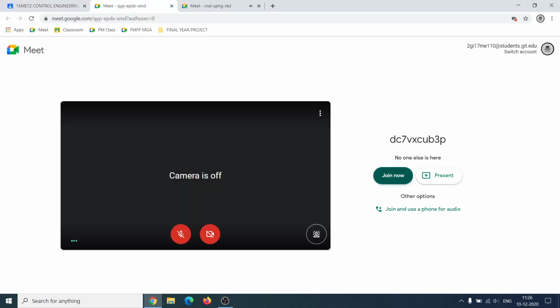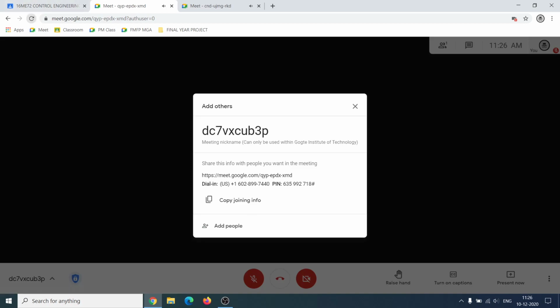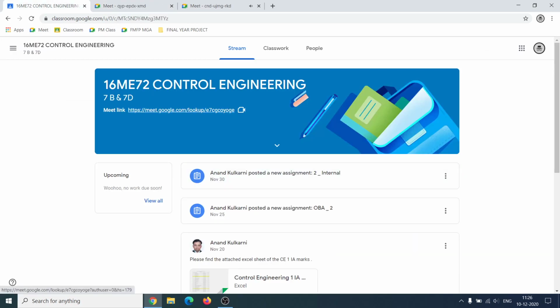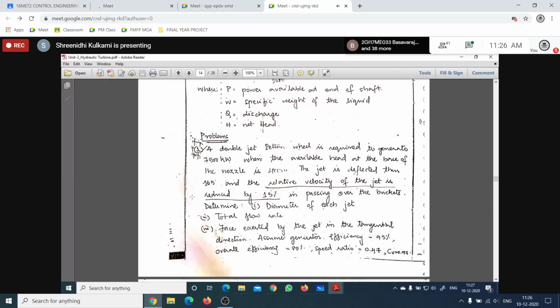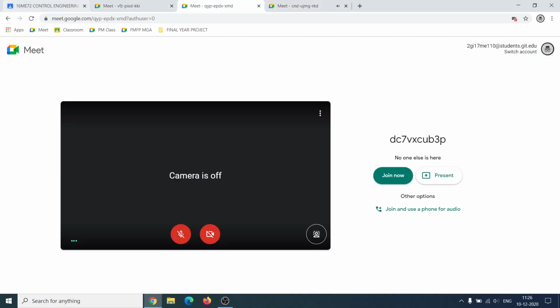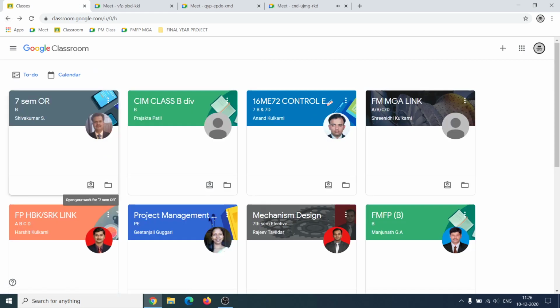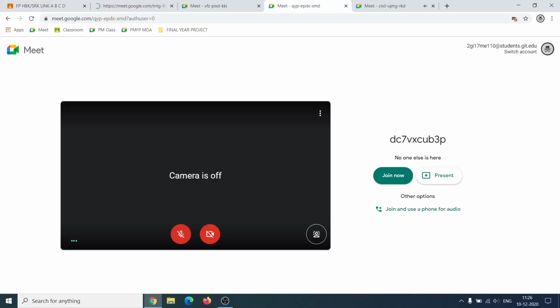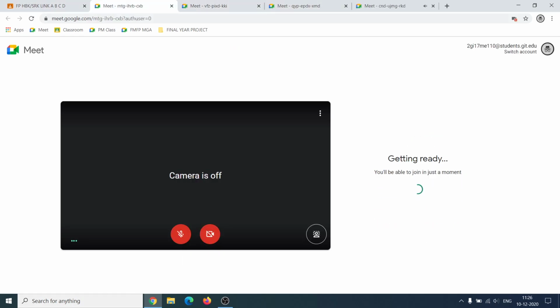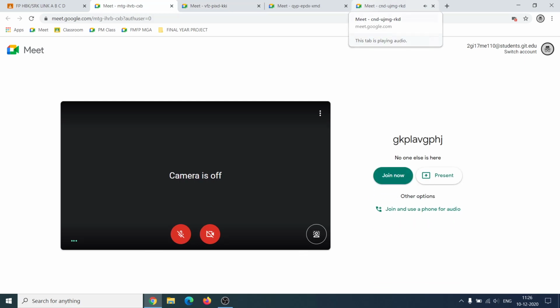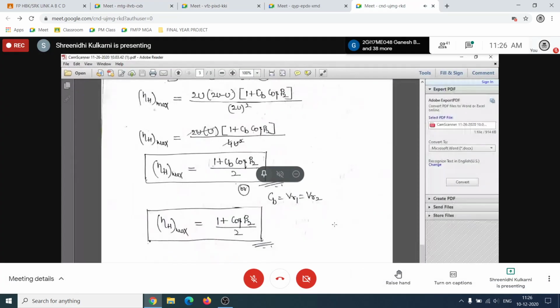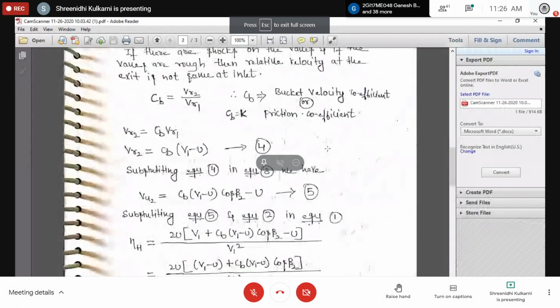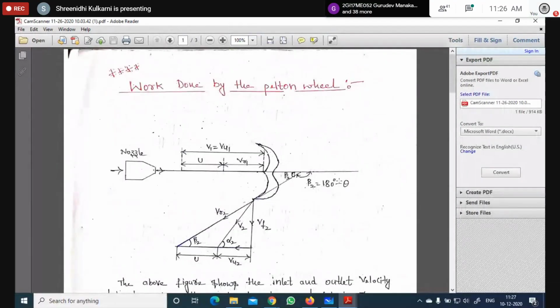Please understand here, and you can blindly remember that in the Pelton wheel, alpha 1 is equal to 0 and beta 1 is equal to 0. This is very important in the Pelton wheel. But here they have given 165 degrees, so don't write it as beta 1 and don't write it directly as beta 2. Beta 2 is equal to 180 minus theta. They have given only theta. I hope you understood this.